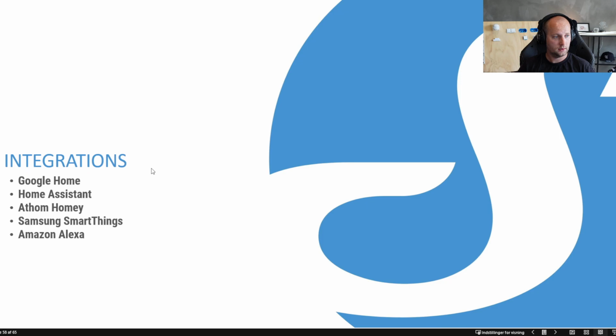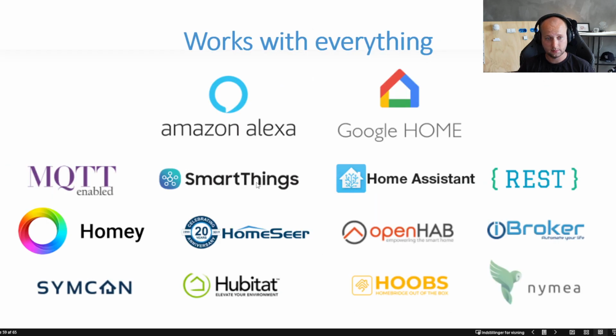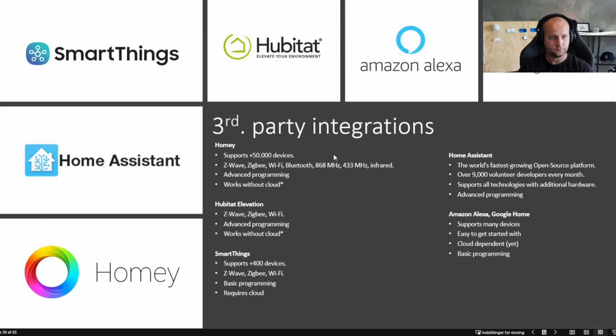Good. All right, third-party integrations. Again, as mentioned, we work with more or less everything. There's only one at the moment that we don't work directly with. It's the Apple HomeKit, but it will come very soon. So yeah, you can pick your own platform, more or less, where you want to control your Shelly devices. This is just some recommendations and some short information about third-party platforms. Let me just take the time. I would skip this one because there will be dedicated sessions for that.